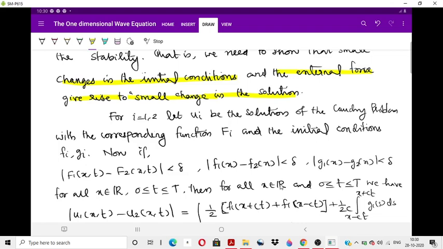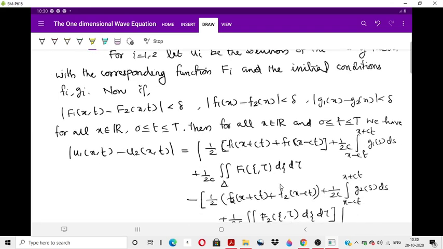So that we need to prove. So first of all, we consider the difference of the two solutions, modulus of u1(x,t) minus u2(x,t). So by D'Alembert's formula, we have the solution u1(x,t) is by definition equal to 1/2 into f1(x+ct) plus f1(x-ct). Note that u1 is a solution for the Cauchy problem with the external force capital F1 and initial data small f1